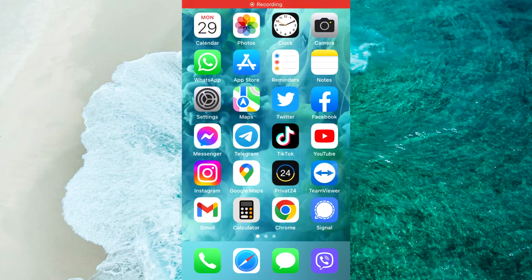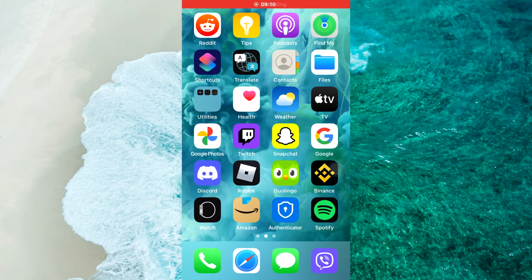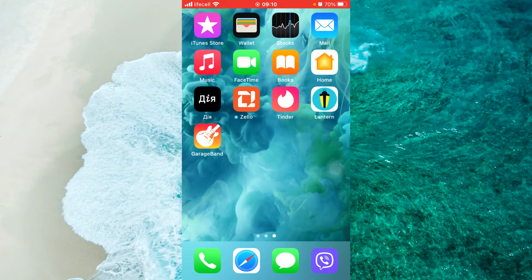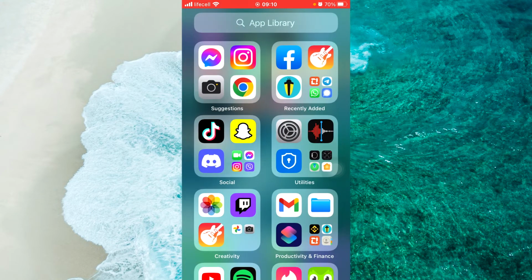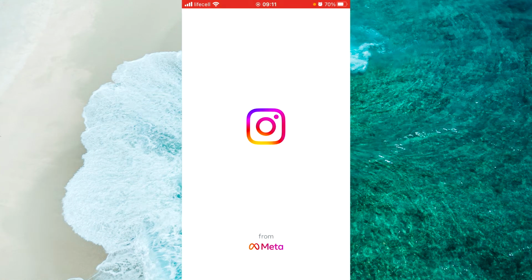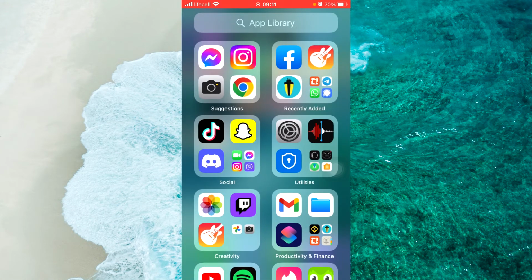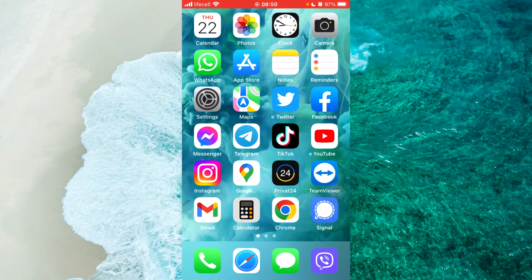So you might be trying to change your iPhone name and display name on your iOS 16. Basically, I'll show you how to change your iPhone name and your iCloud name. However, make sure you watch this until the very end so that you don't make any mistakes in this process. So let's get started. Open up Settings